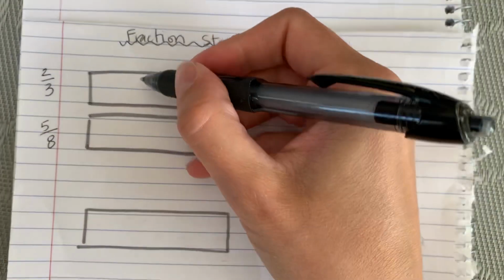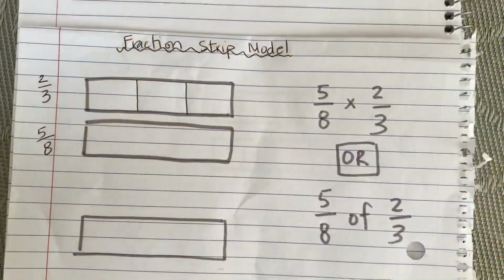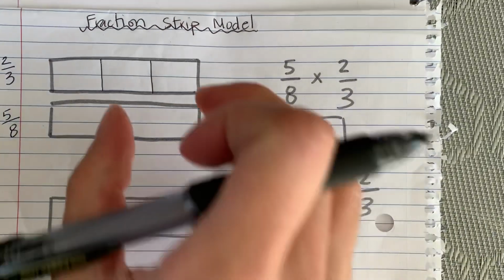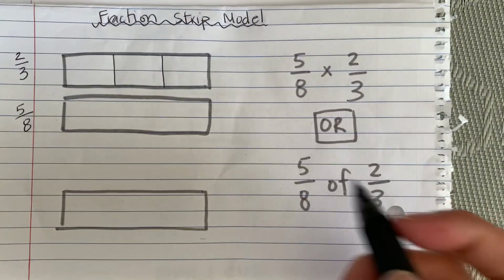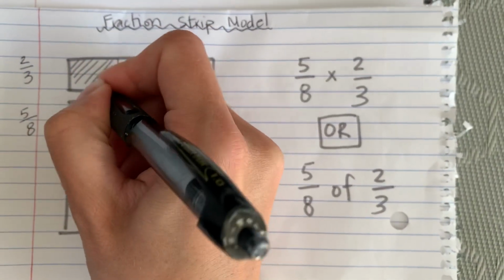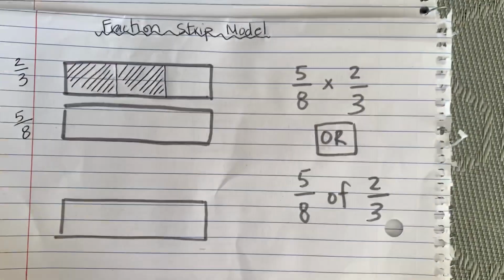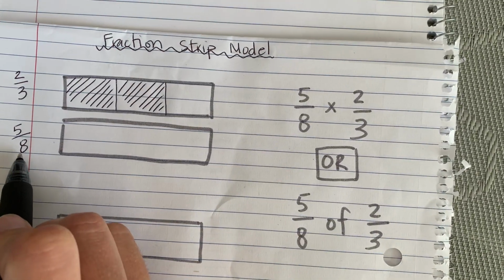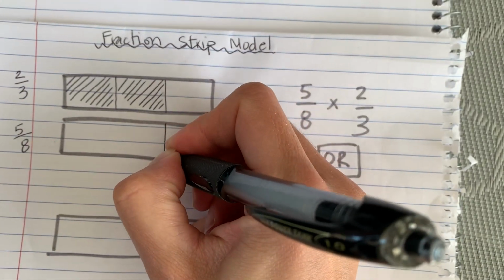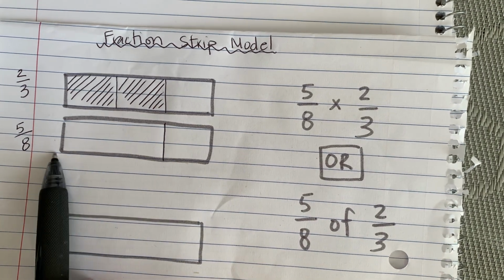So I'm gonna split my first fraction strip into thirds. And again, we're gonna pretend that they're exactly the same size in each part. And I'm going to shade in 2/3 of this. Okay, now 5/8 of 2/3 means that if I have my line stopping here, which is 2/3 of the whole,